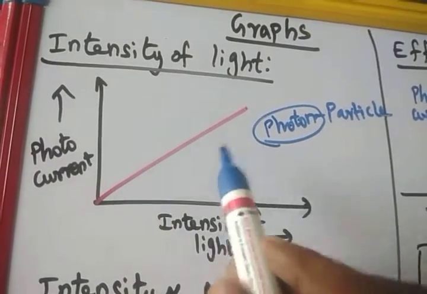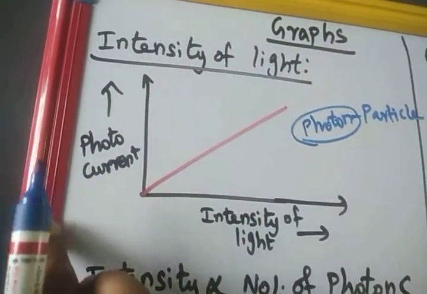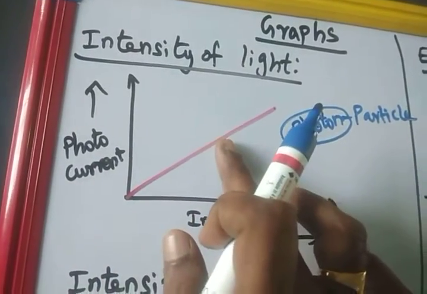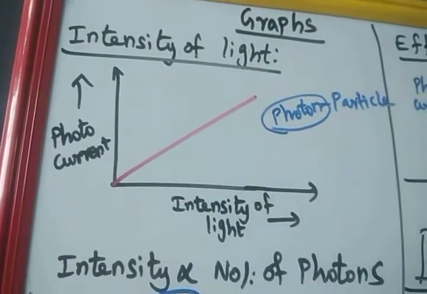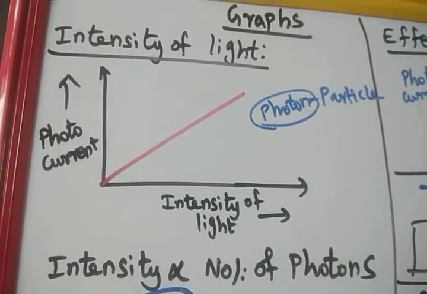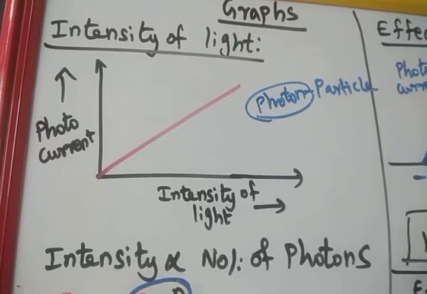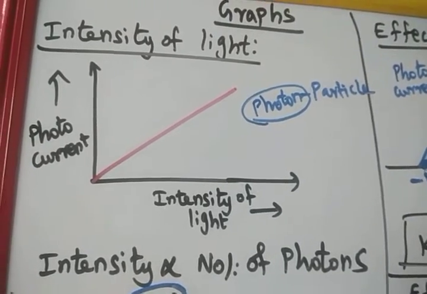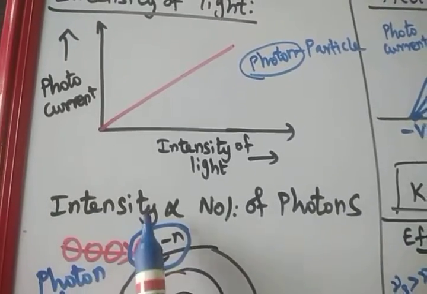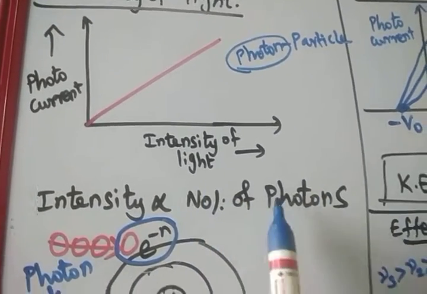So whenever the number of photons increases, the brightness increases, that is the intensity is higher. When the number of photons decreases, the intensity decreases. So light green and thick green, light blue and thick blue, everything is because of the number of photons, not an increase in frequency, that is energy. So the intensity of the light is directly proportional to the number of photons.